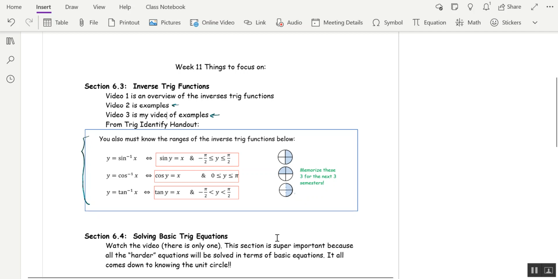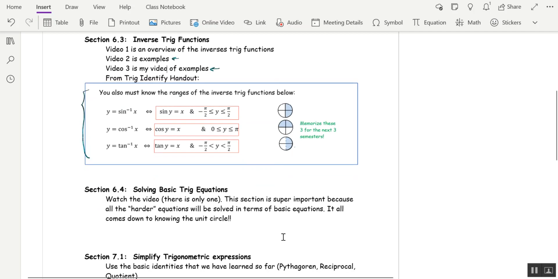Okay, section 6.4, solving basic trig equations. This is really important because when we solve harder equations, quadratic equations, they're going to boil down to solving simple equations. So this is really important, and also it's going to come down to how well you know your unit circle,